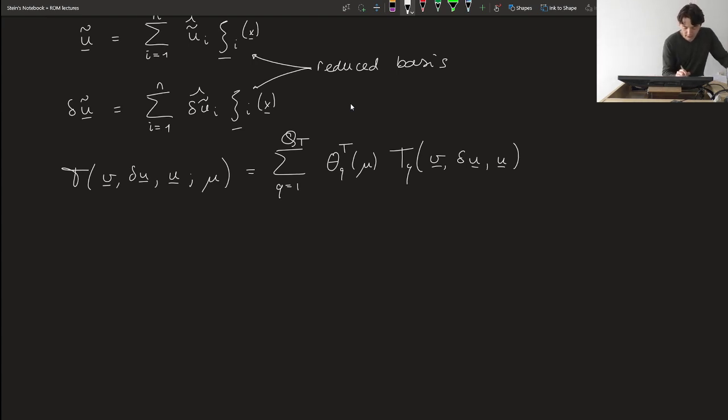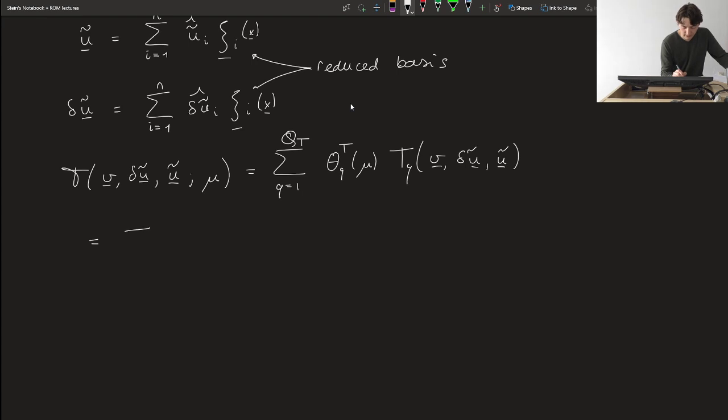Quite literally, I'm simply substituting this definition of our solution into our slot. So in a reduced basis sense, if this is in a reduced space, and this is in a reduced space,